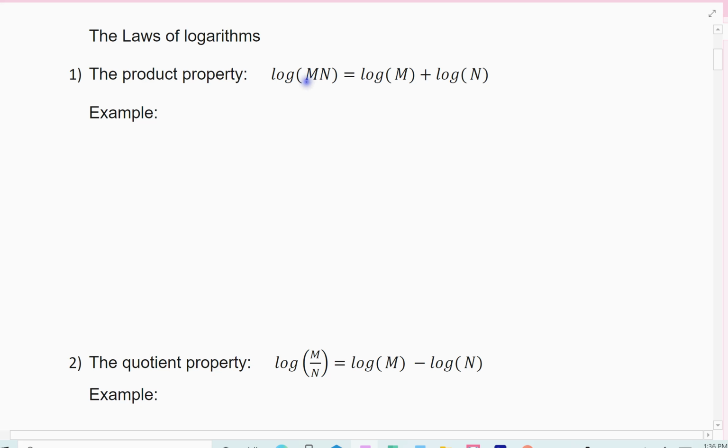So I have a log of an expression times another expression, and that's inside my log. The log of m times n inside is the same as the log of m inside plus the log of n inside. So again, when I have my log of the same base and I have something inside multiplied out, I can expand it into an addition of those two numbers. Or vice versa, if I have an addition in the same base,